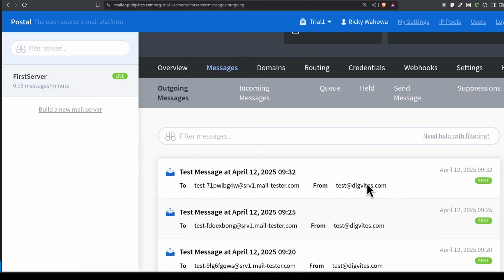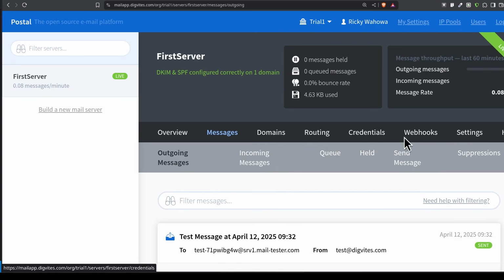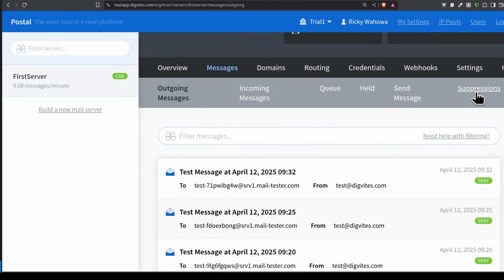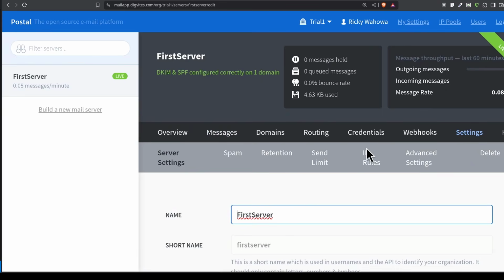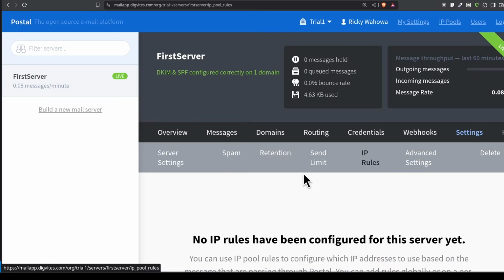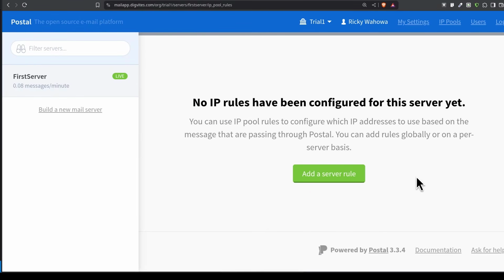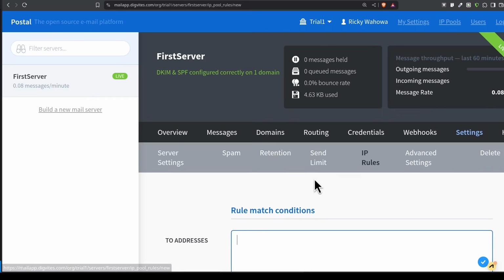We want to test if it can send, and then okay, let's go back a step. There's something that I came across on GitHub that I need to do first before I even try to send the email, because it's going to fail if I don't do this. So let me go to settings, and then here under IP rules, I need to add an IP rule. So I will add server rule.